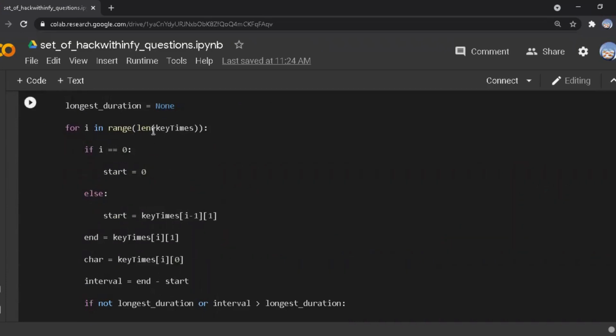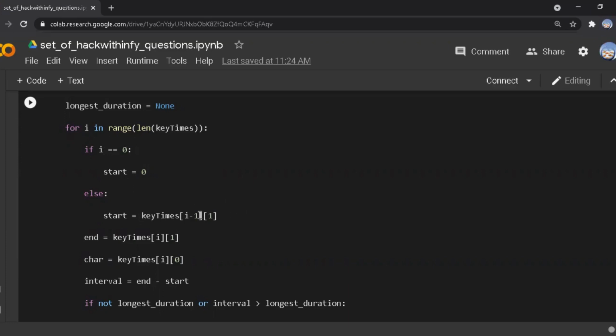Initially we take the length of the key times, and if i equals 0, then start equals 0. Otherwise we have to subtract. That means for the first key there is no time, so the start time at the beginning is 0.